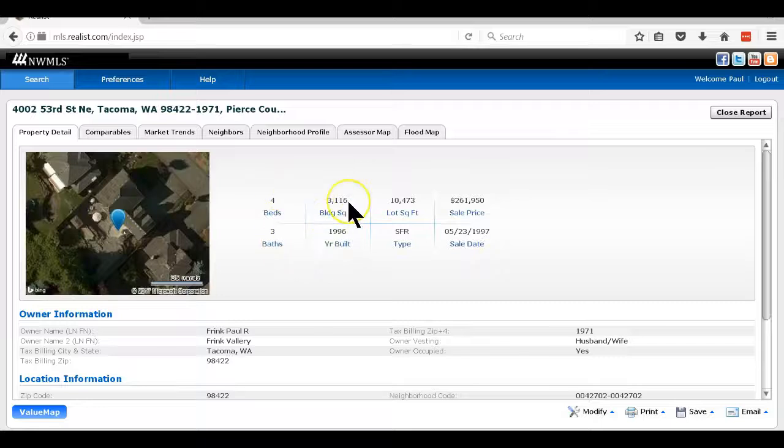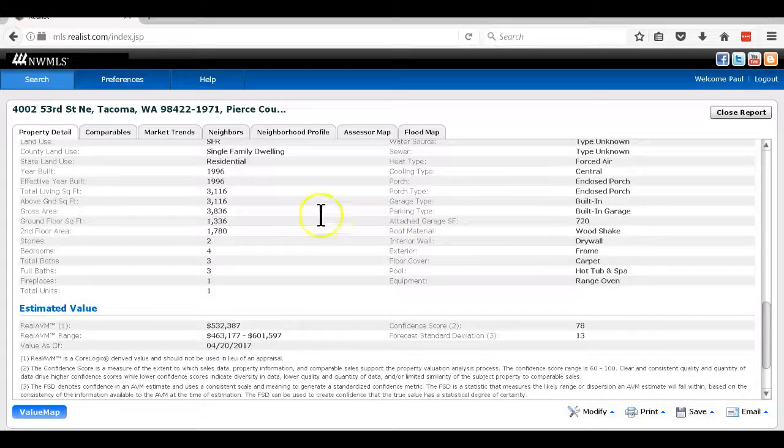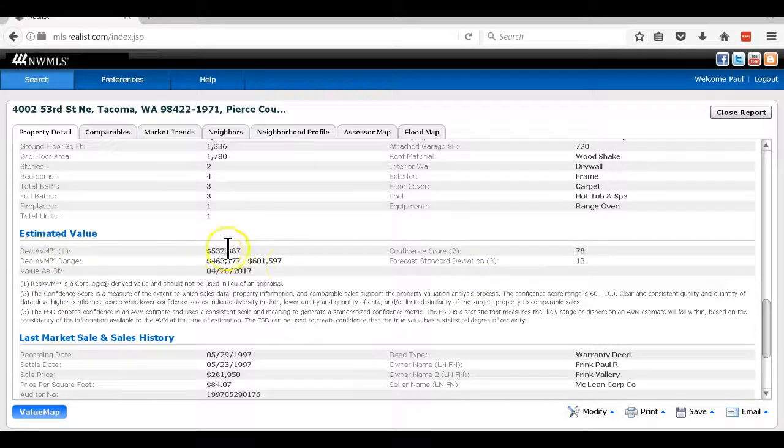So 4-bed, 3-bath, 3,100 square feet. Yes, I only paid $260 for it back in 1997, and I've lived there forever. Now, what's really great about this is this will give us all the information. So number of beds, number of baths, how big it is, all that good stuff. The real AVM is just kind of a guesstimate from CoreLogic on what the price of your home is. So they give me a price of